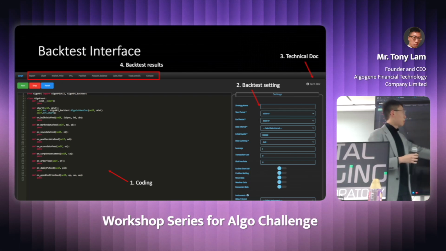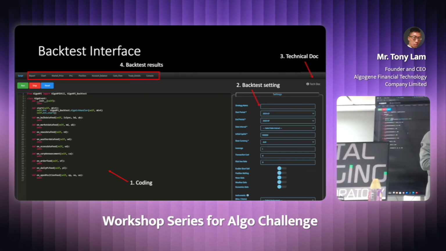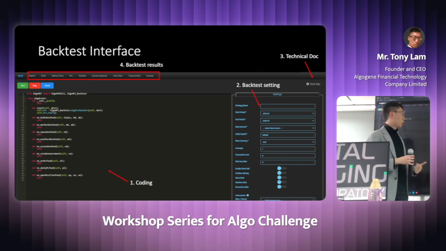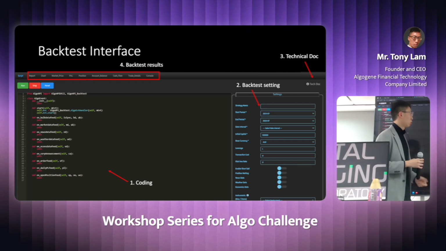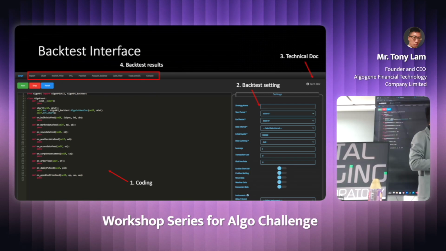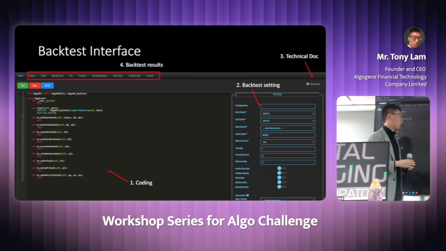So we can specify your backtest query, the data interval, like if you want to use daily data, 1 hour data, 1 minute data, or even tick data. You can also specify the initial capital, the transaction cost, and then there are also some other setup options, for example if your trading strategy requires short selling.